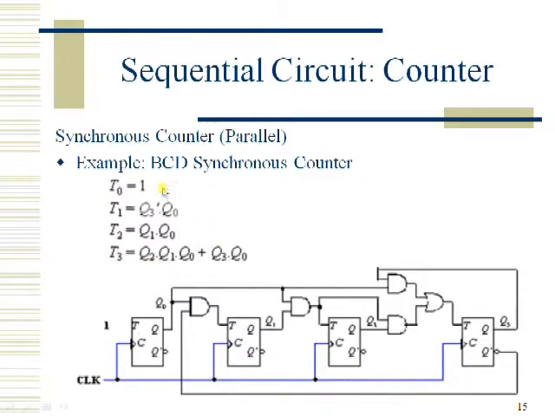As you have got the expressions, you have to implement that with logic gates as well as flip-flops. Here, as you can see, T3 is getting input from Q2, Q1, Q0, which are given as input to the AND gate. Here we require one AND gate, and for Q3 and Q0 we require one more AND gate, whose outputs are ORed, and the output of the OR gate is given as an input to the last flip-flop.